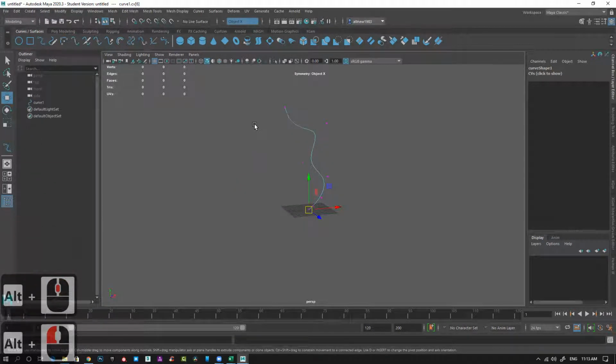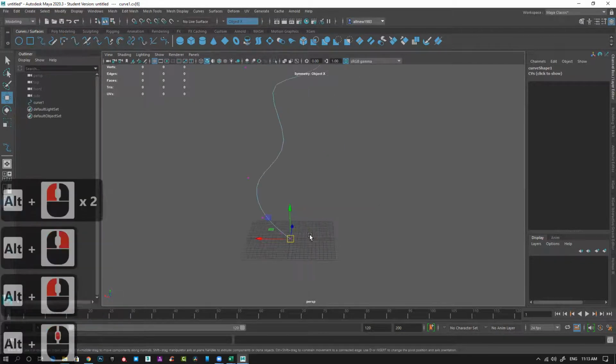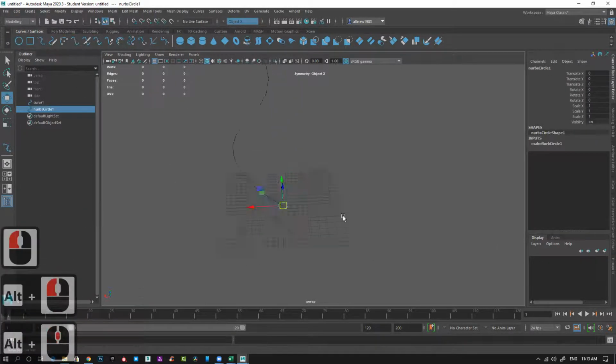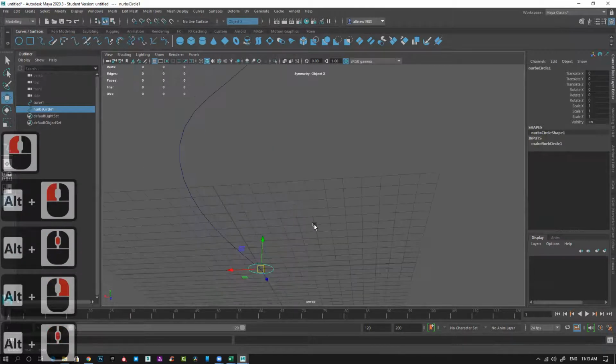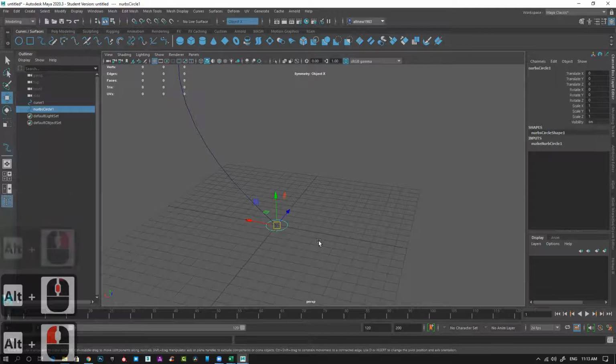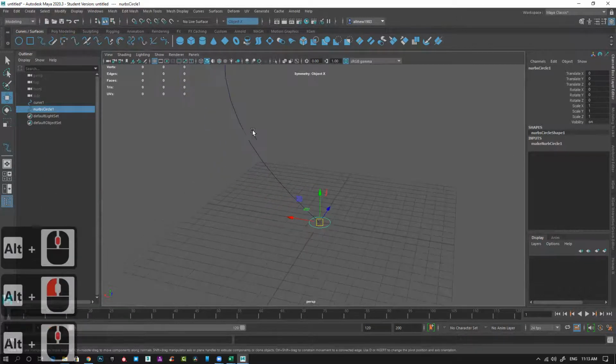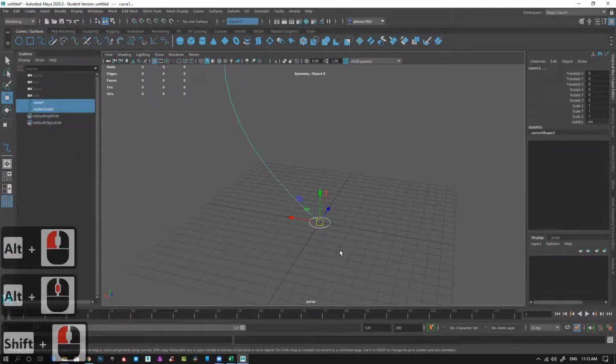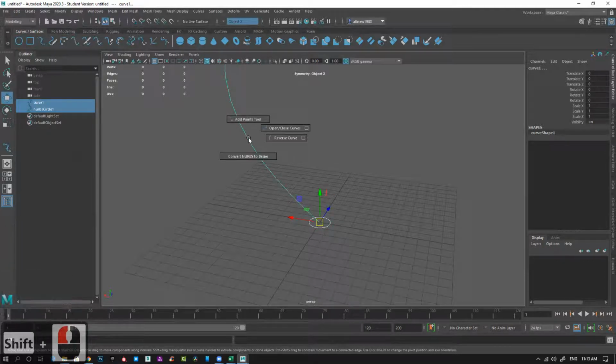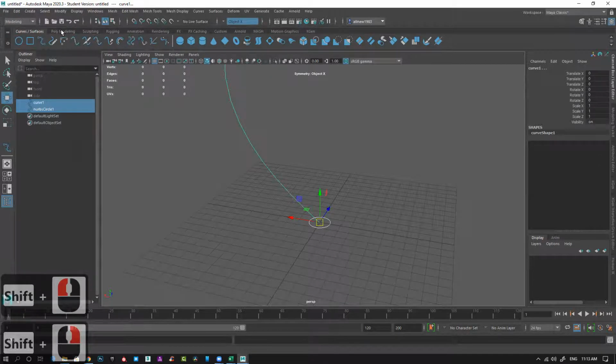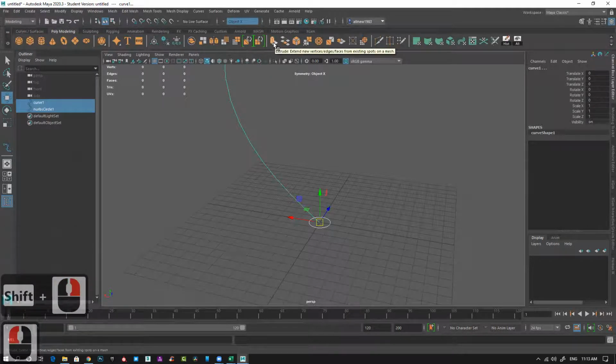But this is just a spline. It's not a cylinder, nothing. In Max, you have this option: you can just go to render, switch it on, and change it to a cylinder, right? But you don't have that option in Maya. Maya works like this. You generate a curve, this circle, and then select this, then press shift and select this one, right click, then go to poly model. You have this option of extrude.